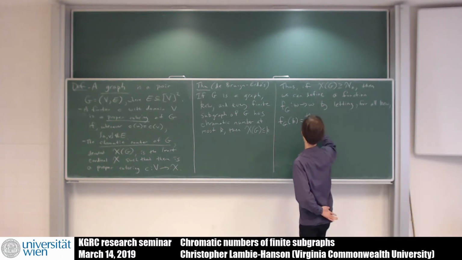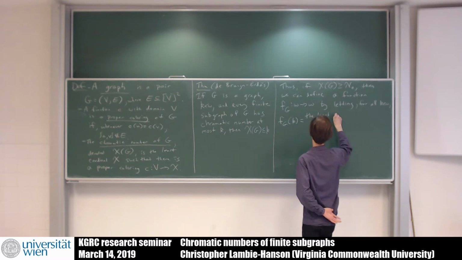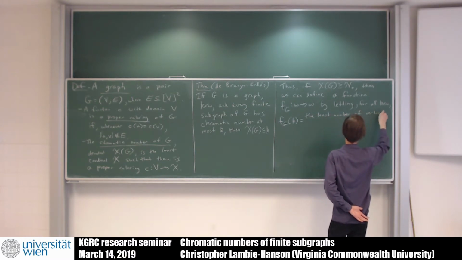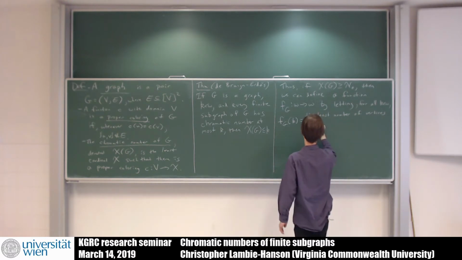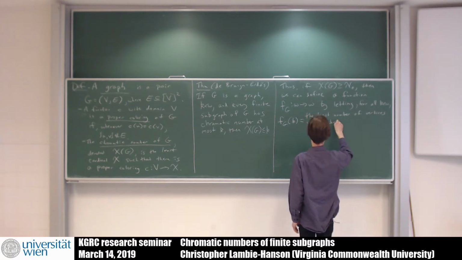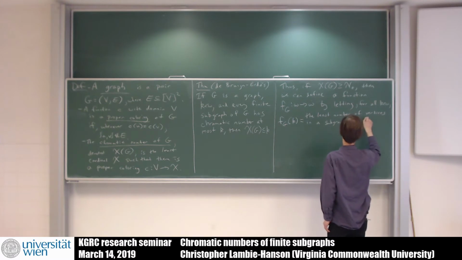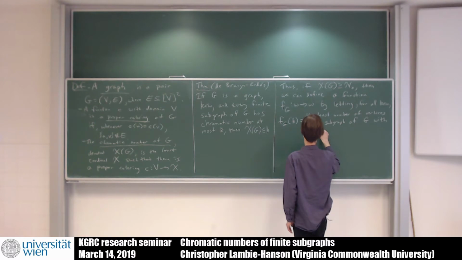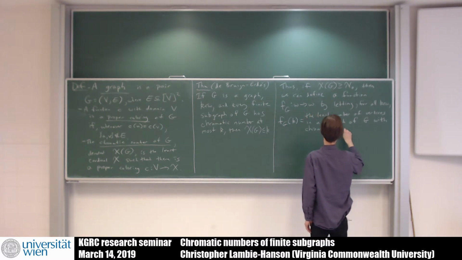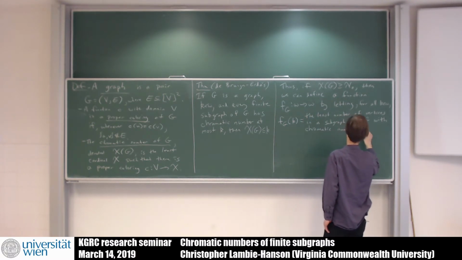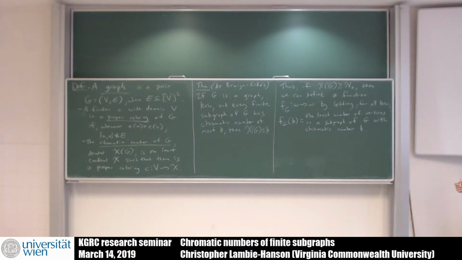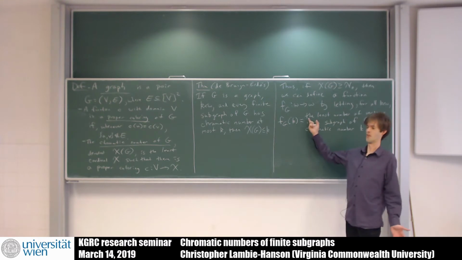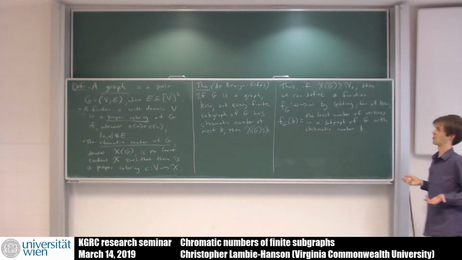F_G of k is the least number of vertices in a subgraph of G with chromatic number k. Okay, so by this theorem, this must in fact be a defined function, defined everywhere into